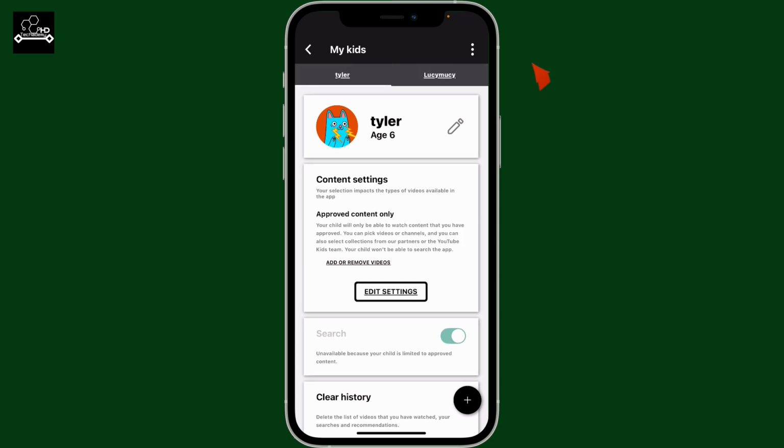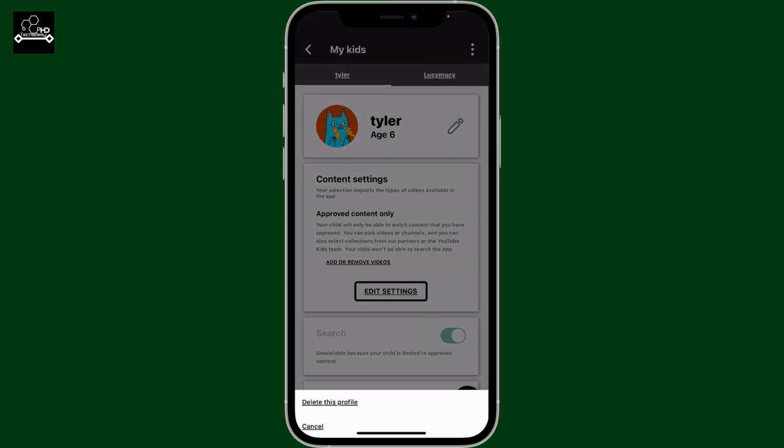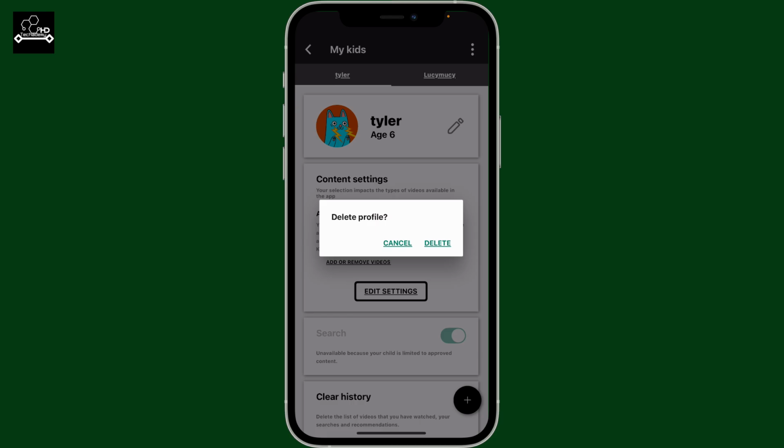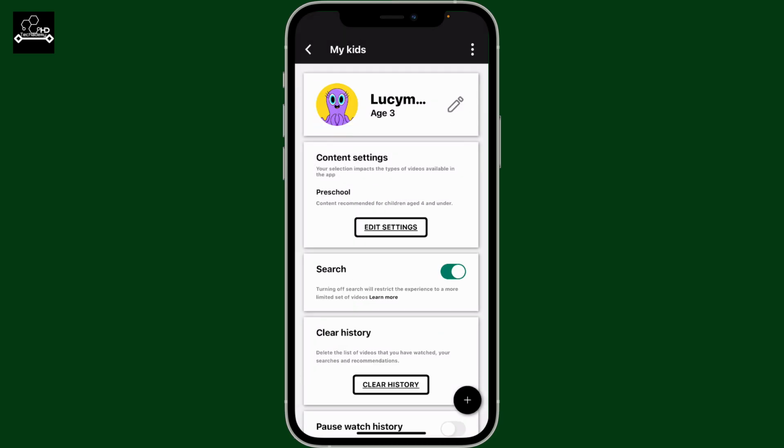And then tap the three dots at the top right corner. Now from the pop-up at the bottom, click on Delete this profile. Click on Delete once more in order to confirm, and that way you have successfully deleted one of your kids'